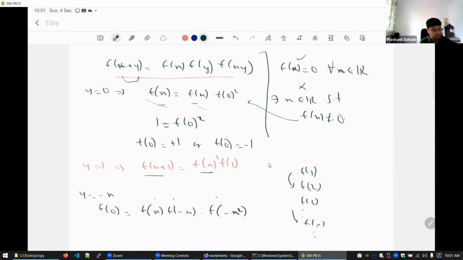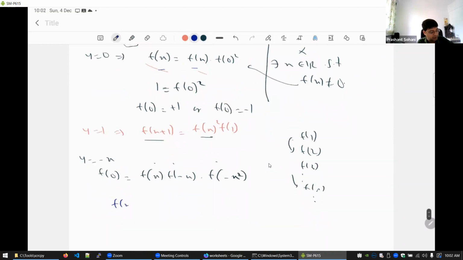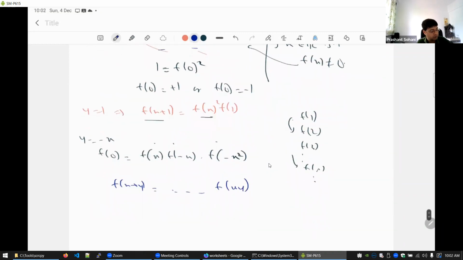So one more interesting observation that you can look at is, f of x plus y is something times f of xy. Let me just write it that way: x plus y is equal to something, doesn't matter what that is, times f of xy. So suppose we know, let there be some k such that f of k is equal to 0. Suppose some such k exists. If such a k exists,